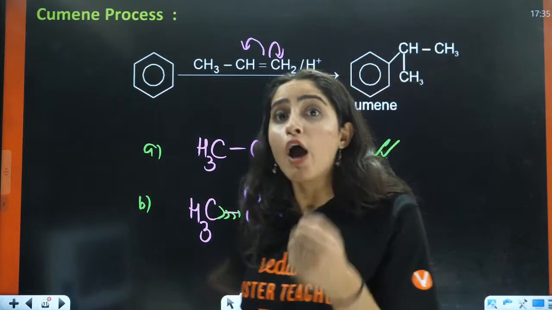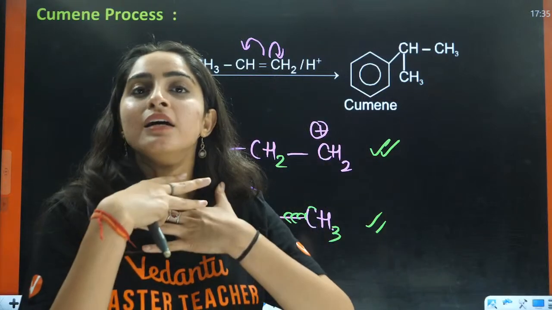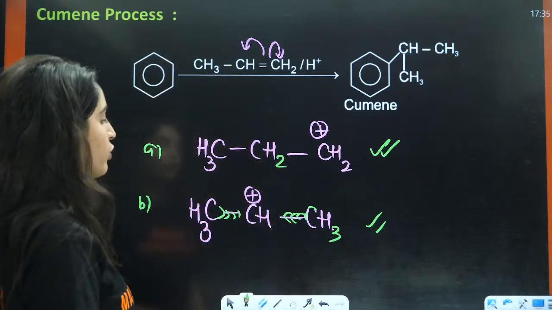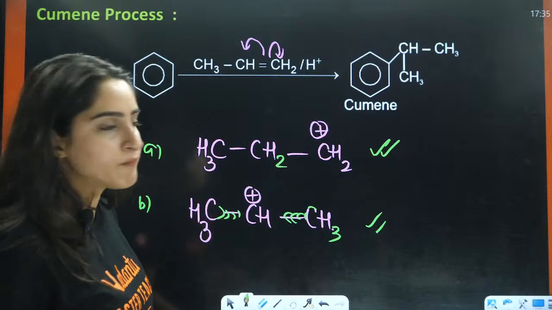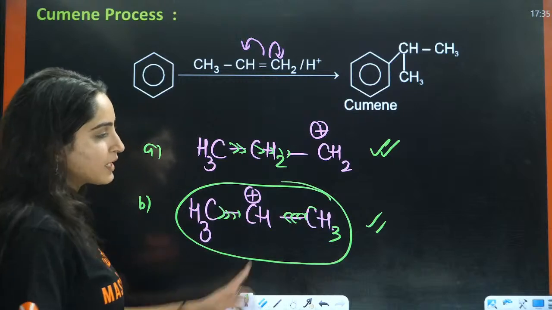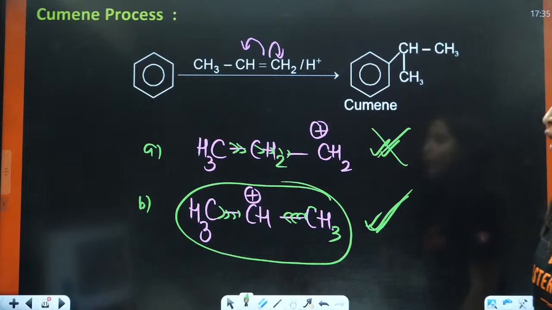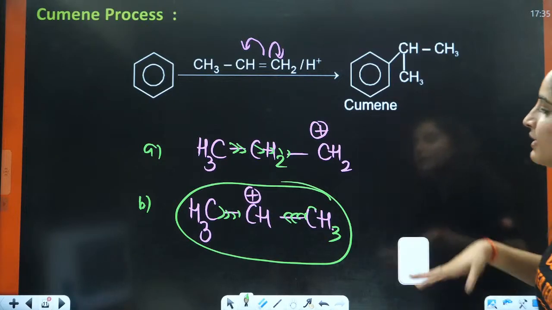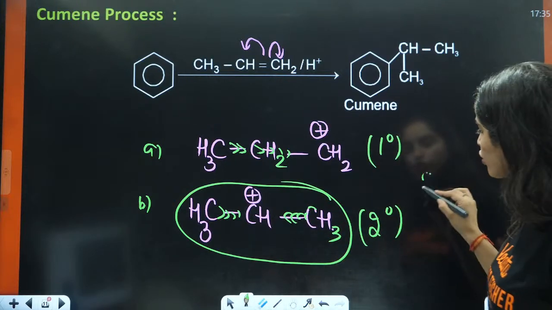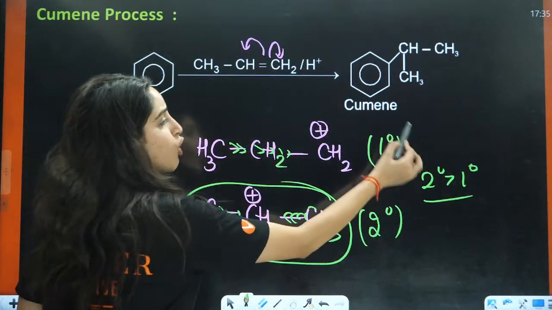So I told you, in case of carbocation, think of it as money. If you don't have money, you are poor, then what do you want? You want someone to give you money so that you can get stable. Here only one person is giving money, here two people are giving money. That is why this is not accepted, rather this is accepted. Or you can think that definitely this carbocation is 2 degree and this carbocation is 1 degree. So 2 degree is more stable than 1 degree carbocation, and that is the reason this is not preferred, but